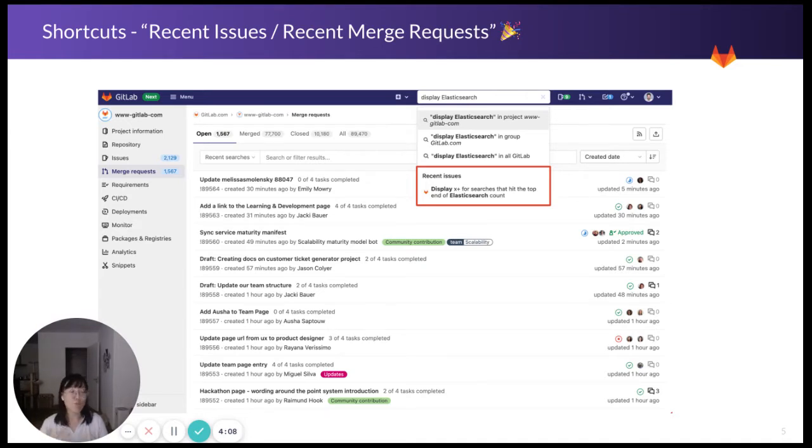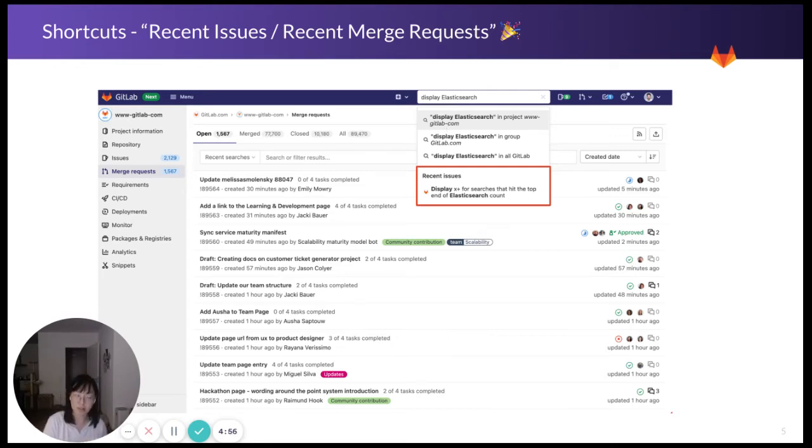And I would like to just walk you through the summary of this journey as a highlight. So while Parker needs to find the issues that they recently worked on, the only keywords that Parker remembered were display and Elasticsearch. And just after typing in this, there was this menu under this dropdown, like recent issues, like display and Elasticsearch, and this was what they needed. So it was a great shortcut that they don't need to go through this in project GitLab.com